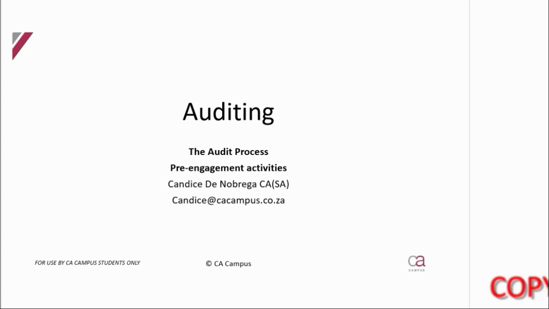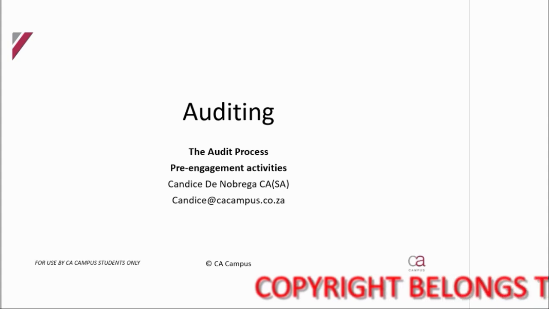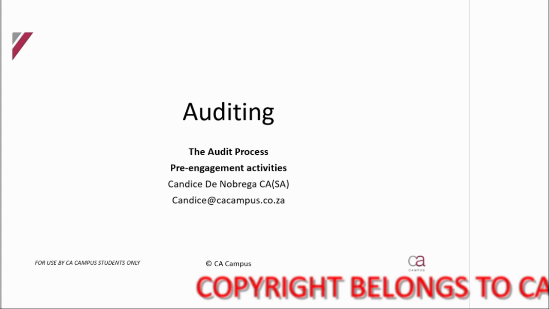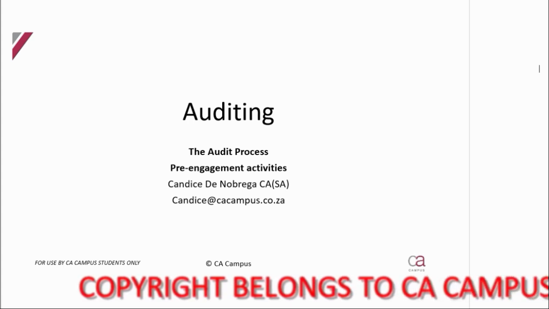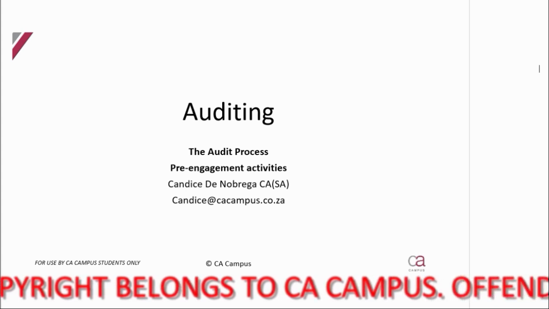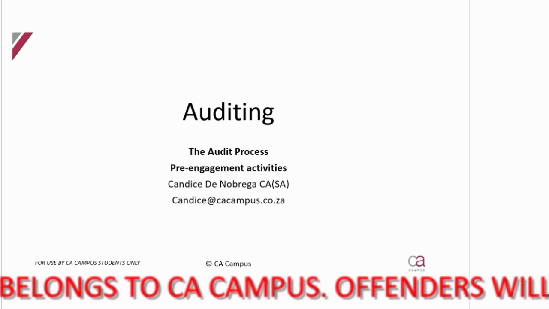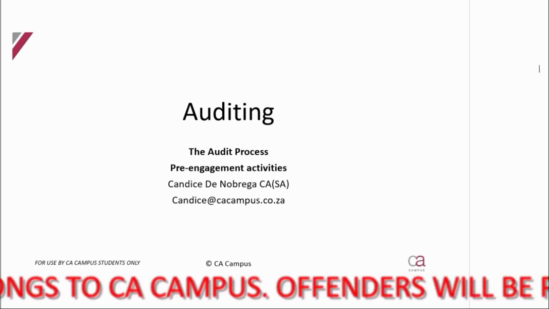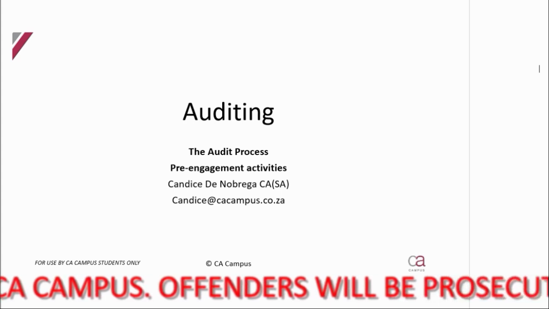Everyone, and welcome back. We start with the new part of the auditing syllabus, the actual audit process, and working into what we as auditors are required to do when conducting an audit. We have covered the legislation that the companies have to adhere to in their governance and the legislation that the auditors have to adhere to in performing the audit. So now we move into the auditing standards that will guide the auditor throughout the audit process.